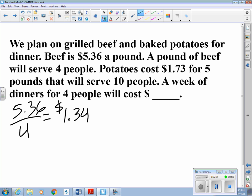Then you take the potatoes, which cost $1.73 for 10 servings. So if you wanted to get that per serving, well, that just moves the decimal place 1, so that'd be 0.173 per serving. And then,